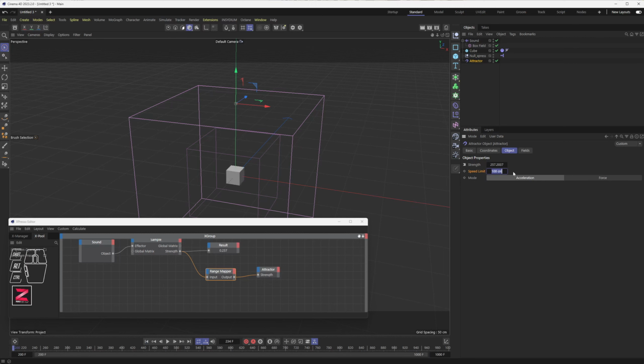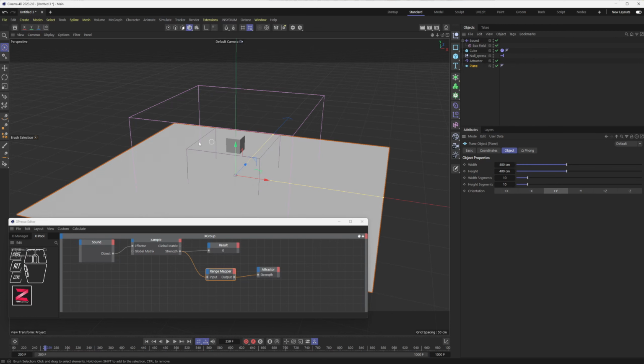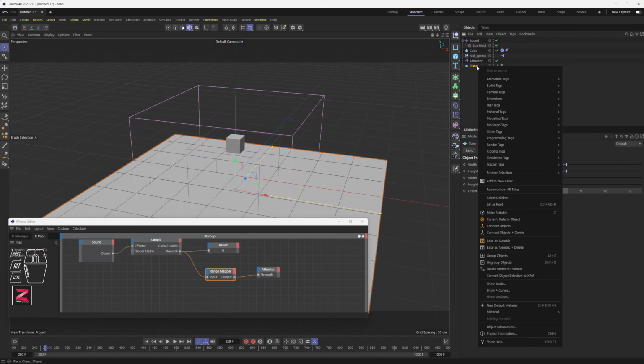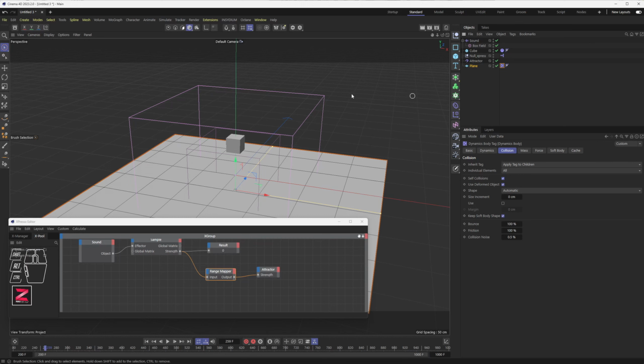Alright, quite difficult to see the result. Let me limit the speed to 5. Something more. So it's hard to see, but if you take a look here, the strength value is changing over time. But the cube is not affected by something else. So let's just add a simple plane with a collision tag, bounce 100, friction let's say 20,